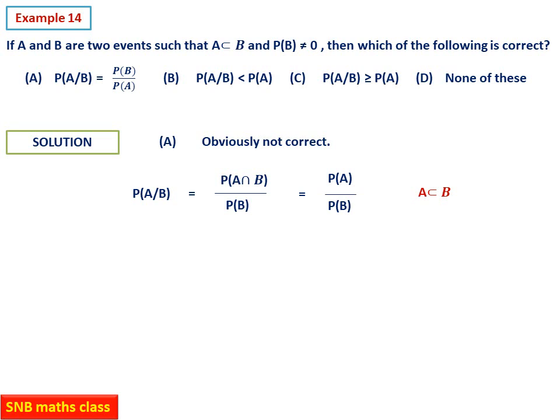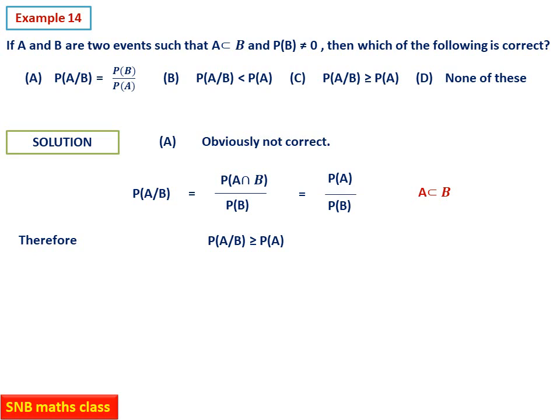Now even then we can't directly answer this question. B and C, there is a problem now. How to proceed? So here I will first write that probability A given B is more than or equal to probability A is the correct answer. Now still B and C, among these two, many students have the doubt. How do you say that probability A given B is more than or equal to probability A? What I suggest is you take a simple example because this should be true for any value. So you take, for example, S equal to 1, 2, 3, 4, 5, 6. That is the sample space.